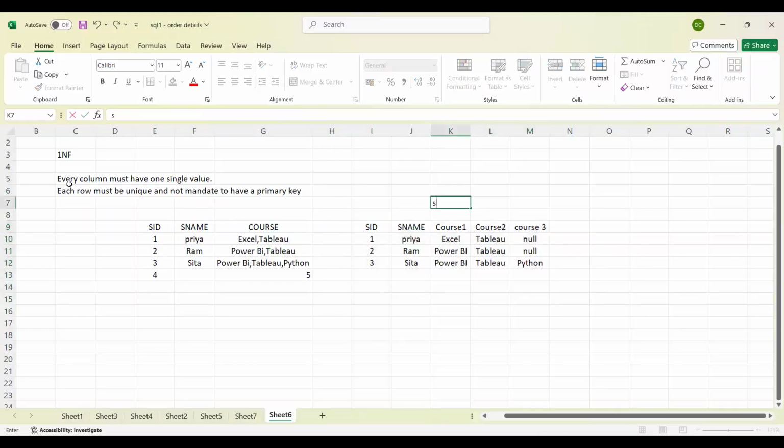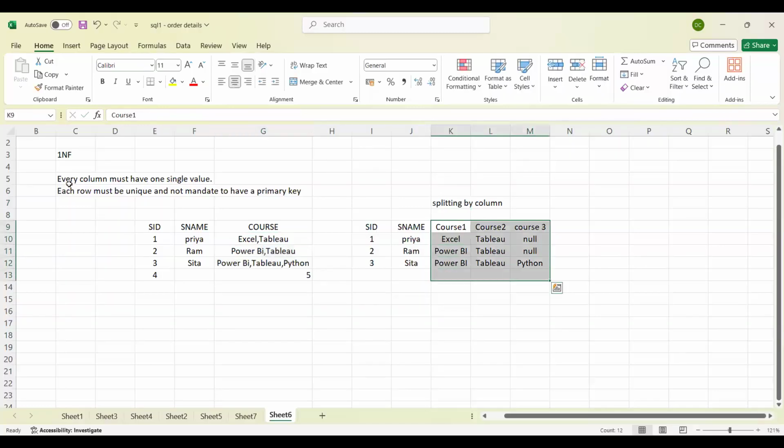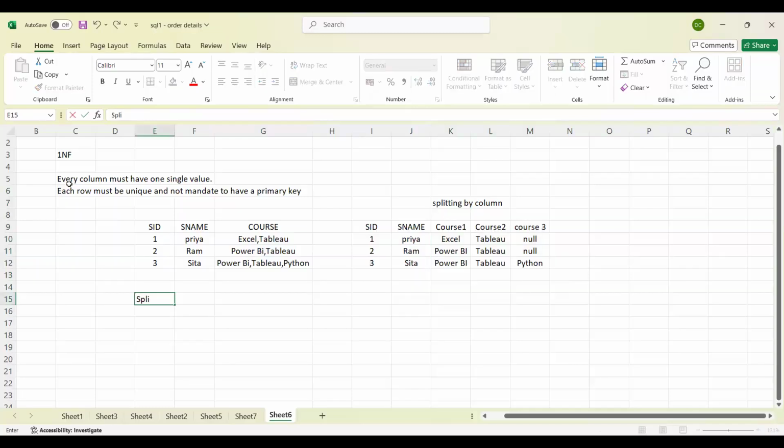This method is nothing but splitting. I'm using the splitting concept here, splitting by column, correct? I just tried to split my values on the basis of columns, but this is wrong. Instead of that, what I can do here is split the values in rows, that is, at the row level. Okay, this is the method we should follow. So for that, what I will do,